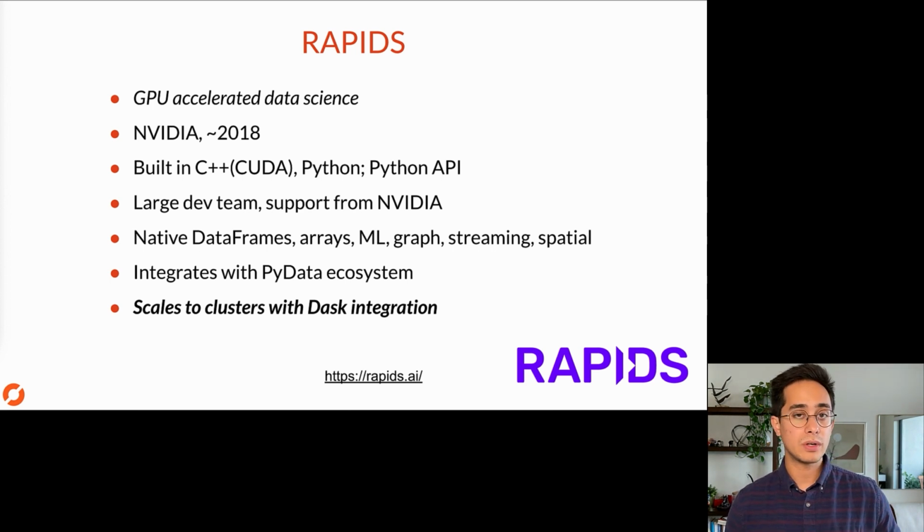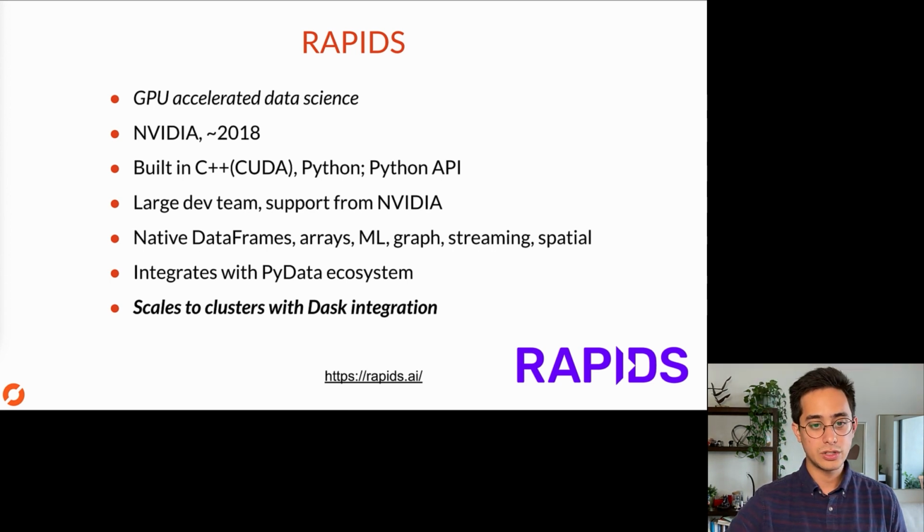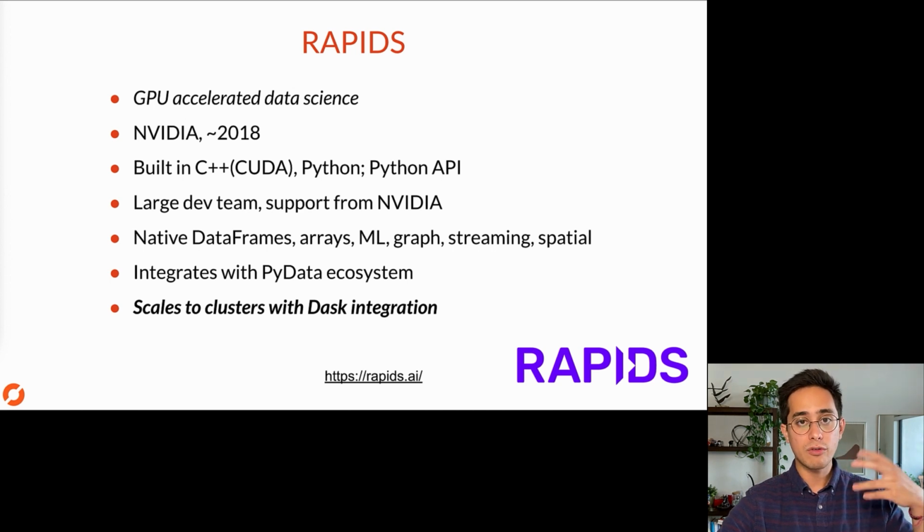But the key here when we're talking about parallel computing is that Rapids has a native Dask integration to execute on multiple GPUs, because GPUs have a lot less RAM than main memory, so you need to scale out when your data gets bigger. But it integrates really well with the Python ecosystem. It's one of those consequences of Dask being Python native and built for Python. It was the inevitable choice to scale Rapids. So when I'm talking about Dask, think about Rapids as coming alongside Dask in a lot of these places.